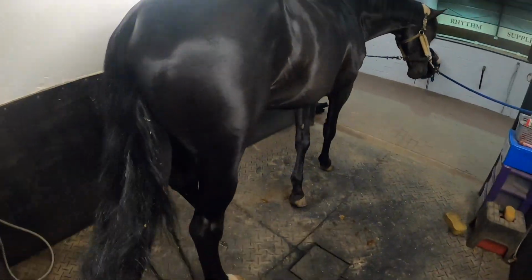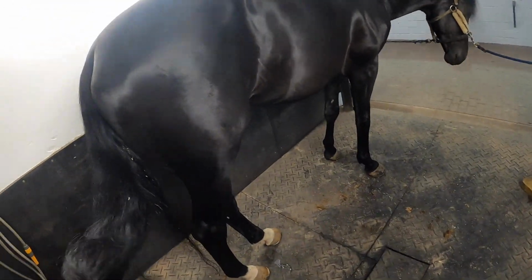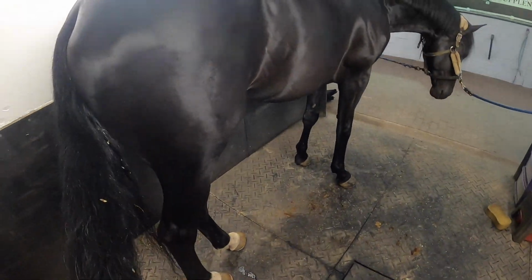I do brush G's tail every time I ride him, because I just don't think shavings look very nice in their tail. It doesn't look very finessed, and it's not good for pictures or for riding or just any form of presentation. I'm only riding G 5 times a week. So I do 2 days on, 1 day off, and then 3 days on and then 1 day off. So he gets quite a lot of days off and quite a lot of time where his tail isn't touched,